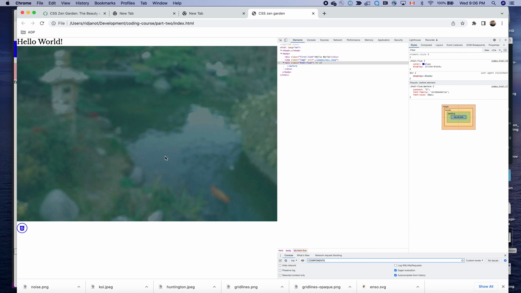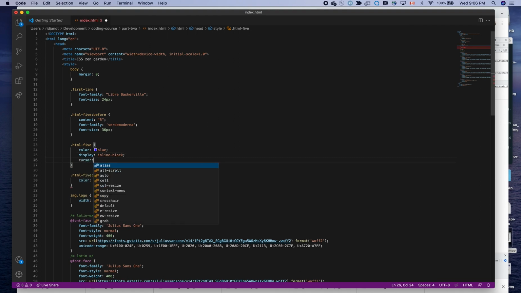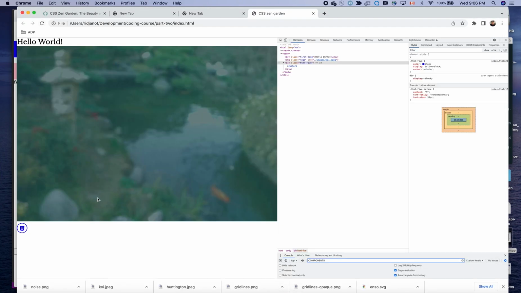Generally, you get the idea, and then you can also put a cursor pointer on it if you want it to act like a button. So if you do that, you'll see that the cursor is going to change on it as if it was some sort of button. All right, so we've linked to all the images and fonts. We can use the icons,